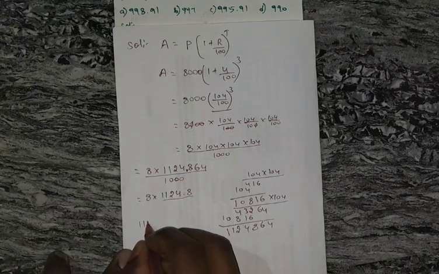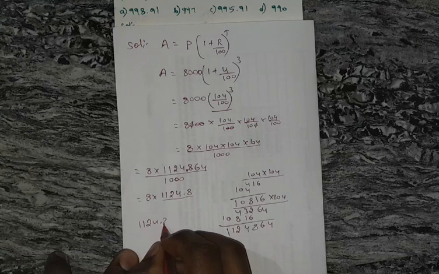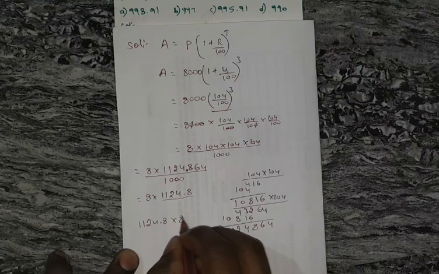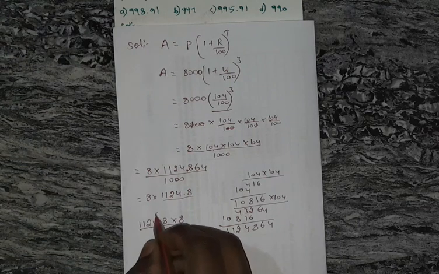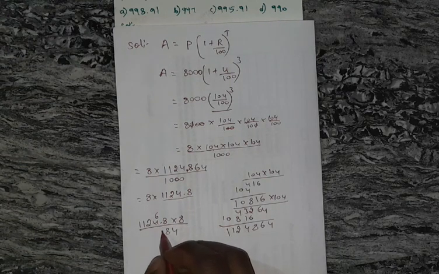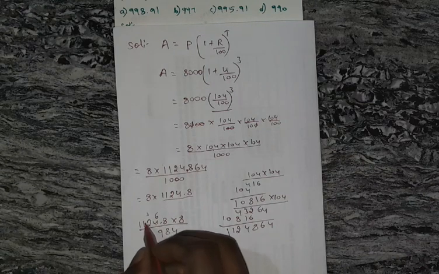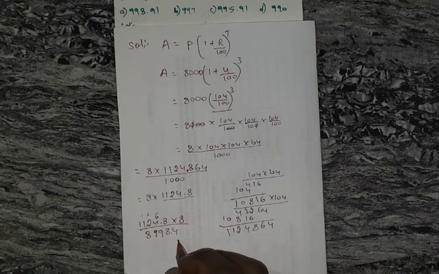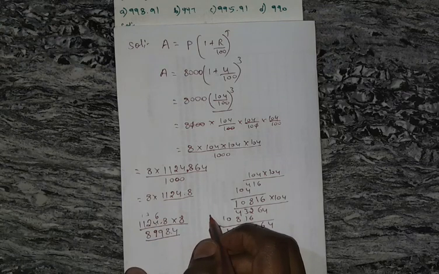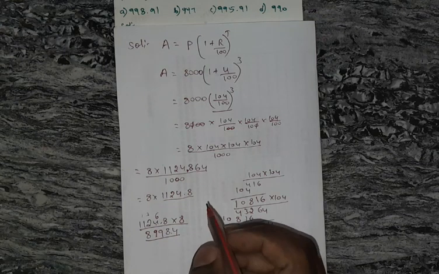Now 1124.8 into 8 is 8 is 64, 32, 38, 8 16, 9, 8 ones are 8, 9, 8. Now the point is here. Now this is the total amount after 3 years, but they are asking only compound interest, that